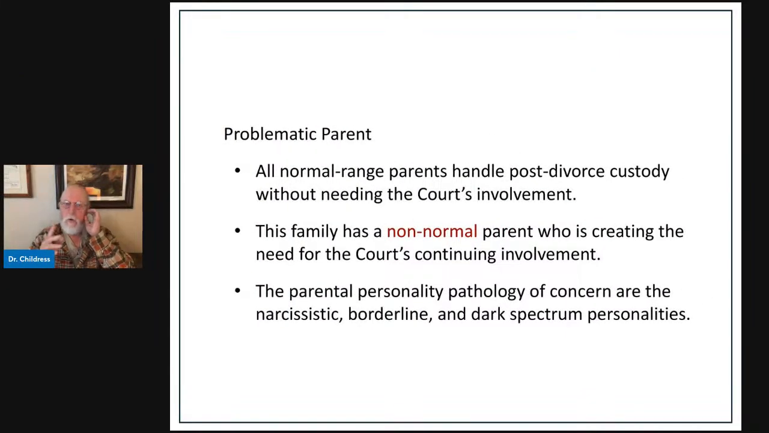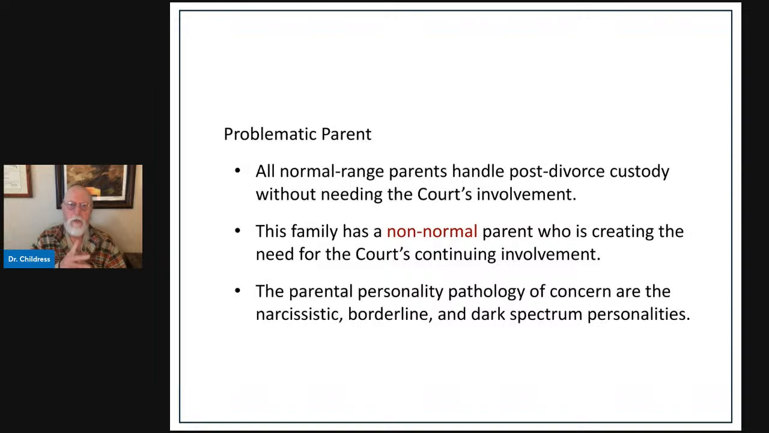So there is a problematic parent in this family, because all normal range parents handle post-divorce custody without needing the court's involvement. So the mere fact that we have an ongoing custody conflict means that we have a non-normal parent who is creating the need for the court's continuing involvement. The court can decide on custody at the initial divorce and separation, but if that issue comes back to the court after its decision making, then we have a non-normal parent in